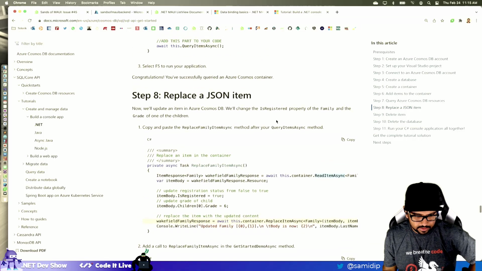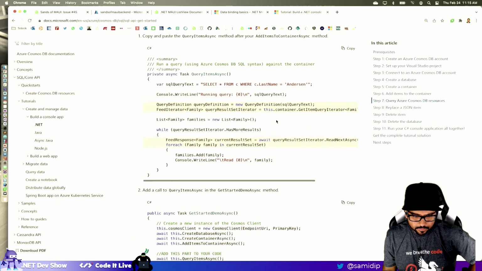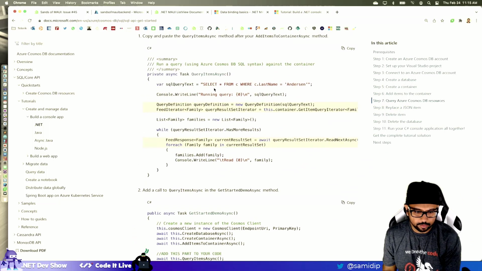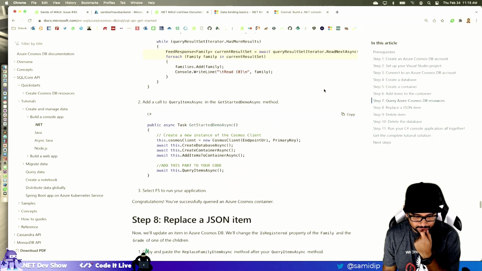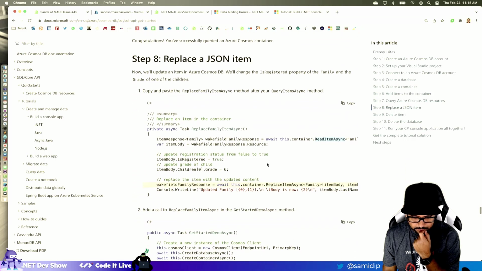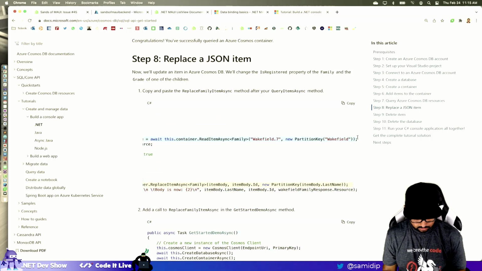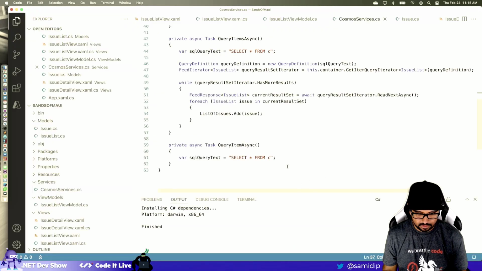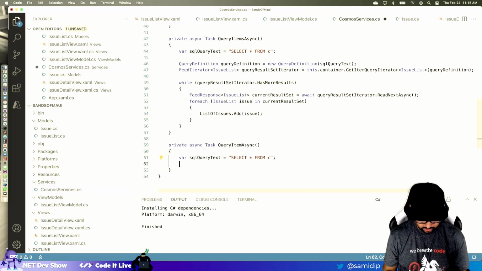I thought they had a thing where, yeah, so this is what I was trying to do. I was hoping to do where ID equals blah, blah, blah. But I'm not pulling back a list. I just want one item. So for one item, okay, I'm going to copy this because I have no idea what they're doing here. And we'll try to figure it out for our needs. So I'm not doing a select query then, okay.